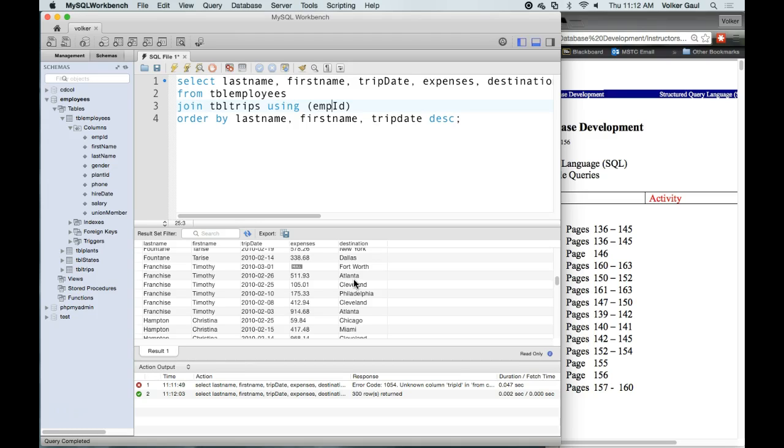It's just like customers and orders. Give me a list of customers and their total order amount. Well, if I've got 15 customers in my database who've never ordered anything, they don't show up on that query because they never ordered anything. There's no corresponding order table entry for those customers. So if I do want to see all those customers, if I do want to see all of the employees, regardless of whether they've gone on a trip, so that I can see who hasn't gone on a trip,